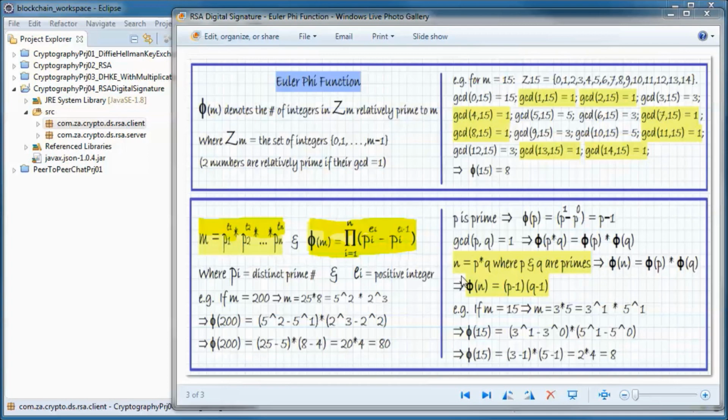And if n is equal to p times q and p and q are primes, then phi of n is equal to phi of p times phi of q. So phi of n is equal to p minus 1 times q minus 1 from here. So if m is equal to 15, then we end up with phi of 15 is equal to 8. So same as what we obtained by counting GCDs.